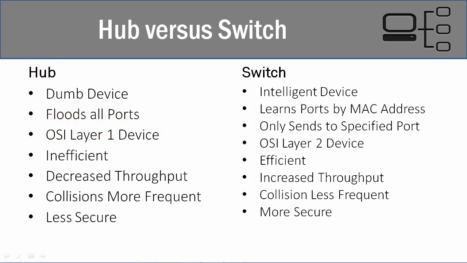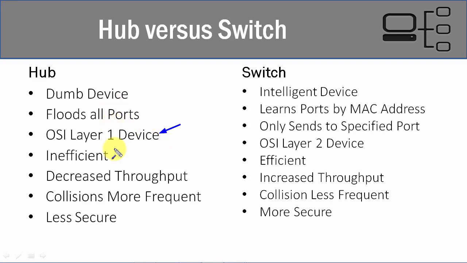It doesn't know where data is supposed to go. It doesn't care. So anything that comes in any of its physical ports on the hub is going to go out every other single one where there's a cable connected. And we call this a layer 1 device for the OSI model. And layer 1 is really the lowest level, and the reason why we call it a layer 1 is because at this level we're dealing with nothing but the actual electrical signals. And since a hub doesn't care where data goes and it's not intelligent, it just floods everything with electrical signals. So for that reason, it's a layer 1 device.